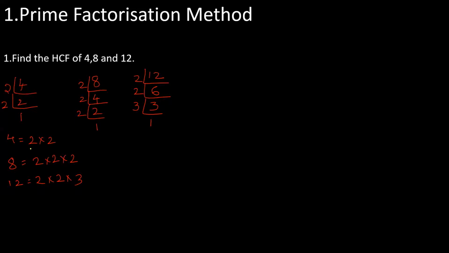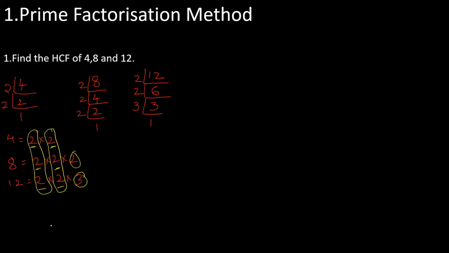So we have to find the factors common in all the prime factors of 4, 8 and 12. 2 is common in all the three numbers, and again 2 is common in all the prime factors of the three numbers. We won't have here again 2, but we have 2 in 8. But this 2 is not common in all the three numbers. So these are excluded. Only these are common, so we select what is common in all the three.